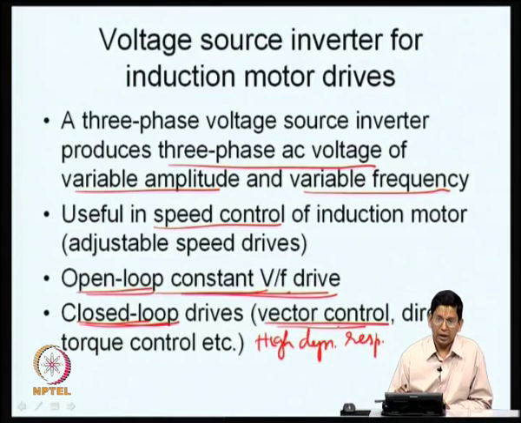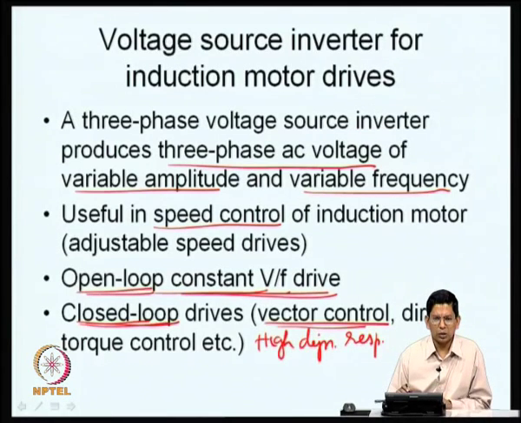Similarly, in an induction motor also, it is possible that you do not change the flux producing component of the current and change only the torque producing component of the current. That is what you do in field oriented control or vector control. As I said before, there are other courses available on NPTEL which can give you a very good exposition on vector control of induction motors, and I would ask you to go through such courses to get a good understanding of closed loop things. Direct torque control is yet another variety of closed loop operation, and there are various closed loop controls not only for induction motors but other variants.